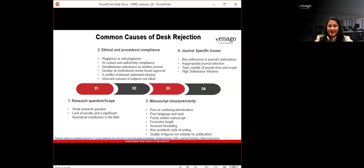The third set is extremely avoidable. They are the most common parts that a researcher faces desk rejection for. That is about the manuscript structure quality, overall, the presentation quality. These are the areas where manuscripts usually fail, even though the science or the research itself is